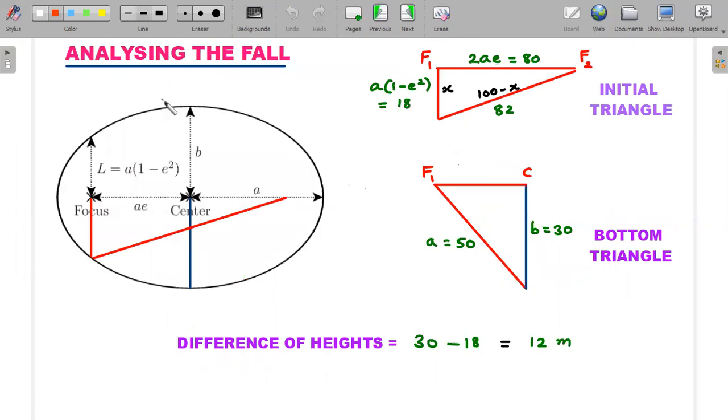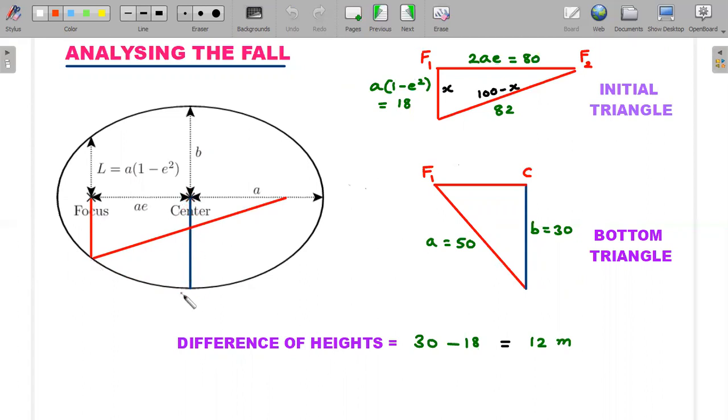So now if you analyze the fall of the person starting from this end, look at the left side of the diagram. If the person is starting from this end, the starting point is the position of the person just below the first focus, right? So this is the length, and as he goes along this curve, he reaches the bottommost position where he would be at the end of a minor axis, represented by this blue color length.